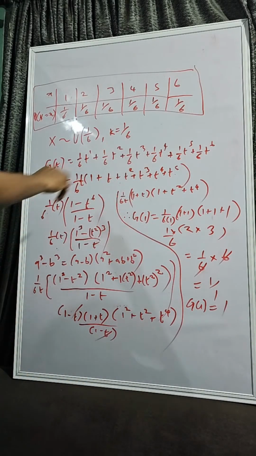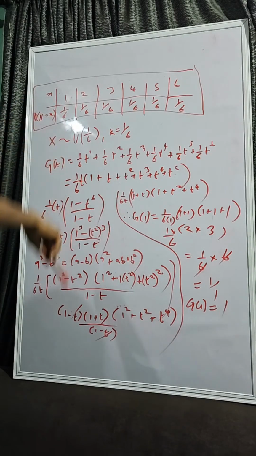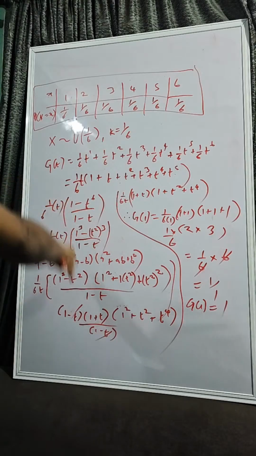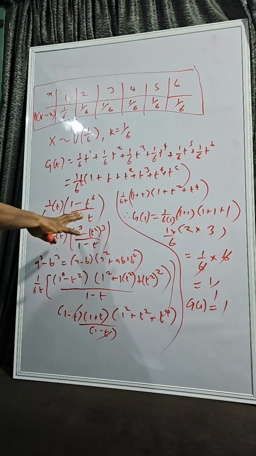So once it looks like this, the sum of a geometric series is what? A times 1 minus r raised to power n over 1 minus r. And when we tested to find out if what we did was correct, we put g of 1 into that, and we found out that we got undefined. So it's looking as if what we did was not correct, but we know what we did should be correct. So we now look at, is there something we can do with this sum of geometric series to arrive at our answer? And the answer is yes, because if you look at this very well, you will notice that this